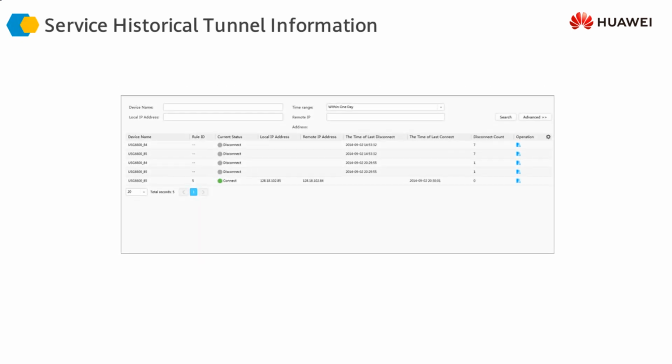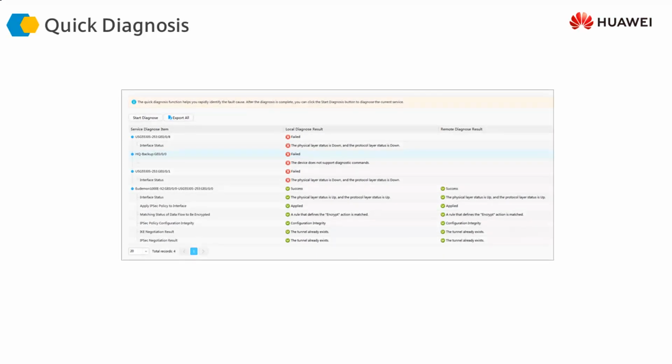Next, we take a look at a few diagnostic tools or monitoring tools that we have available on the eSite for managing the IPsec service. The quick diagnostics tool is going to give us an overview of if there are any errors or if any VPN is up or down. We can also look at the tunnel information, how many packets have been exchanged through any particular tunnel, how many packet drops have happened, and other details related to the IPsec VPN tunnel.